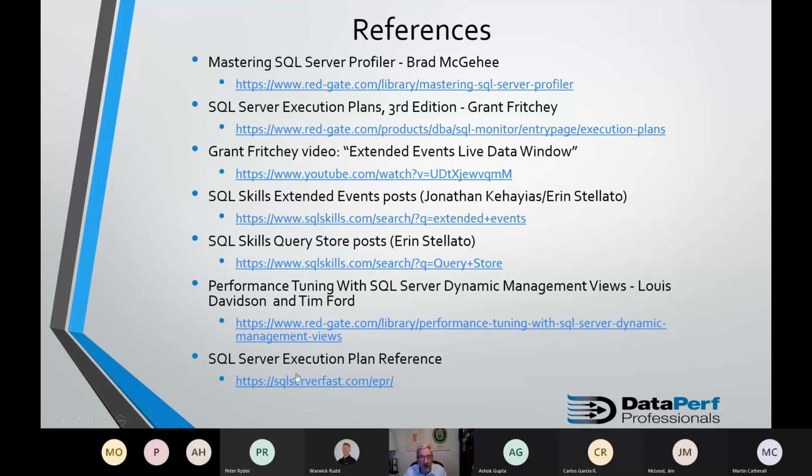And then the last one is SQLServerFast.com/EPR, the execution plan reference. This is by Hugo Kornelis, and it's a brilliant website. Anything you want to know about execution plans, Hugo covers. And if you have a question, ask him. He's got an email reference there. Send him an email. He's more than happy to answer any questions you might have.